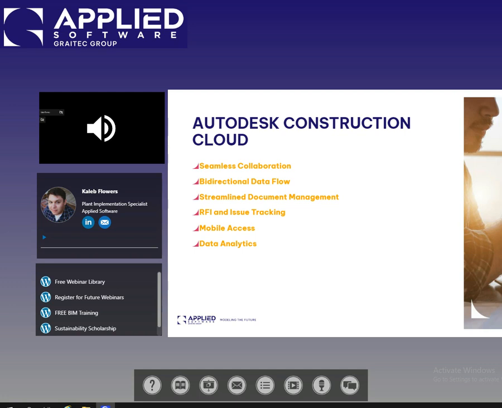I could run Plant 3D through ACC and effectively work from anywhere. I could go down to the coffee shop and do this. It's really cool, the mobile access that we have now with all of these teams. You don't have to be Ethernet jacked in to be able to do your work,